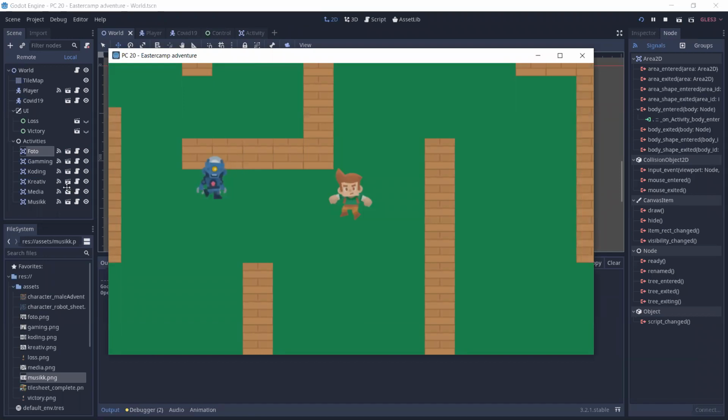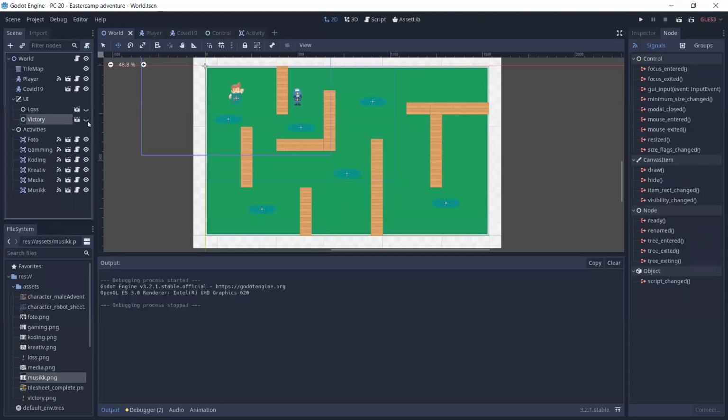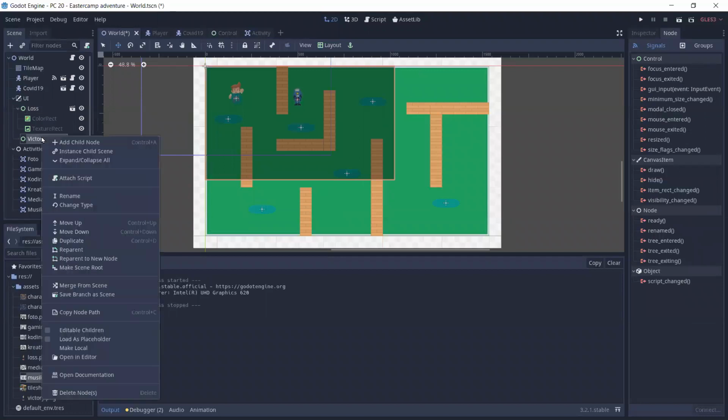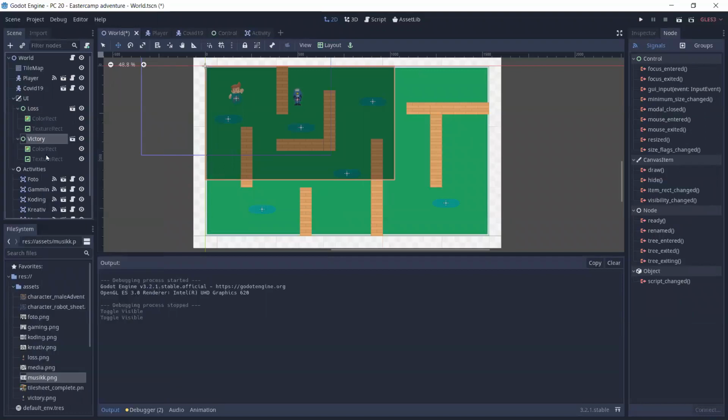We actually do not have that one texture here. Not yet. That's the only thing we have to check out, why we do not have those. Let's make editable children one more time on those loss and victory. I think because I changed the name of the UI